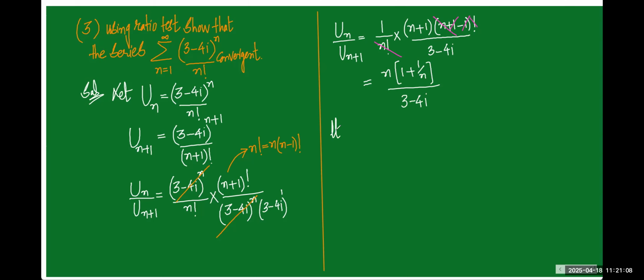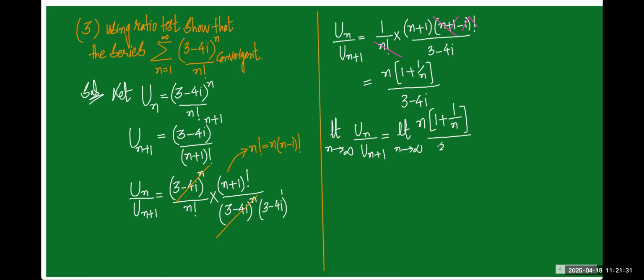Taking limit n tends to infinity on both sides. Limit n tends to infinity, un by un plus 1, which is equals to limit n tends to infinity n times 1 plus 1 by n